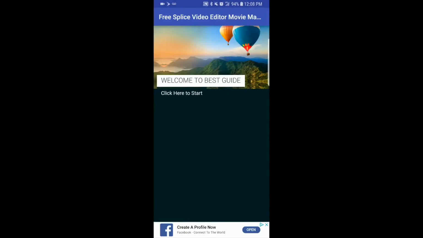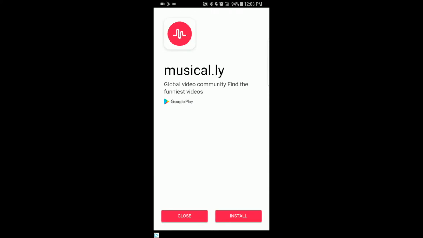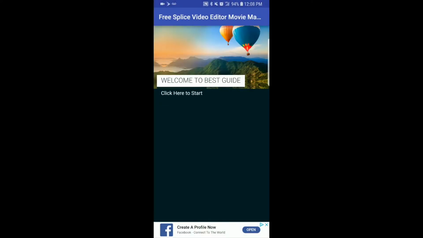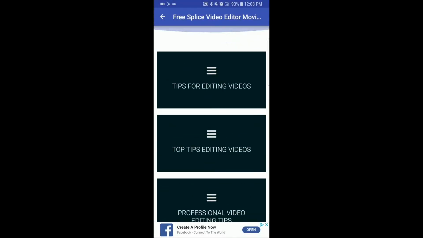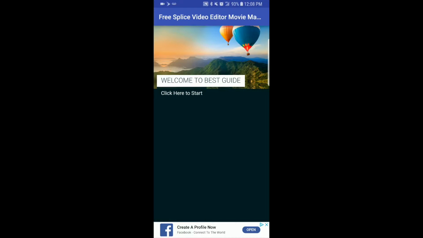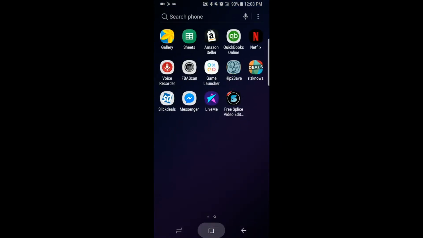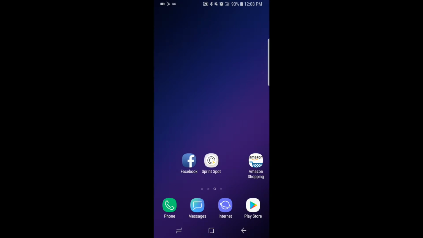So the video editing app that I just used was Free Splice, and you'll see in this video capture what the logo looks like. Downloaded it for like 2 seconds, didn't like it. As you can see, when I try to click on where it says begin here, it takes me to download Musically, and that's not what I want. I want to be able to edit videos for free. I keep clicking around, I just end up closing out of it and then deleting the app because it's just no good. Let's move on to the next one, which is